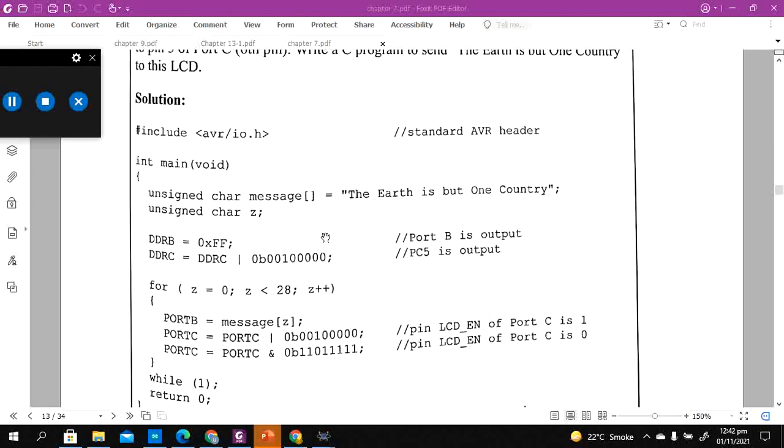So you are going to send T and then give the LCD an enable pulse from high to low, and it's going to store that information in its register. You are going to send one letter at a time, and there are a total of 0 to 28 letters in this whole string. These will be sent one by one, and once they are done, your LCD is going to show the information on its display.